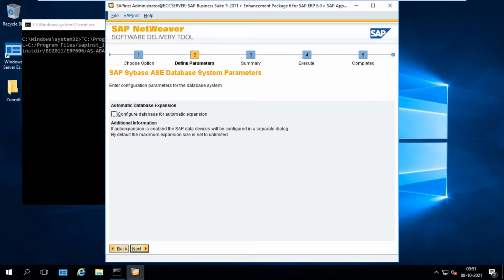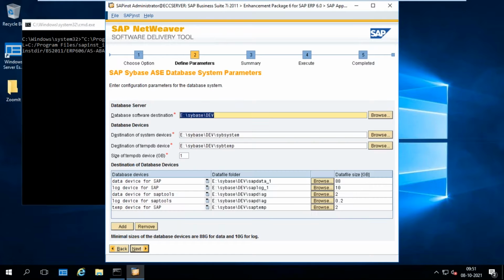Okay. Just click on next. So no need to check the checkbox. Click on next. Just click on next.